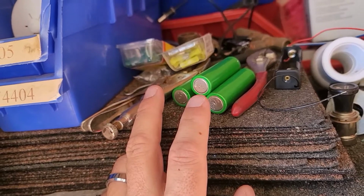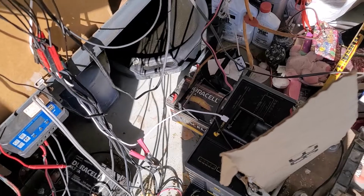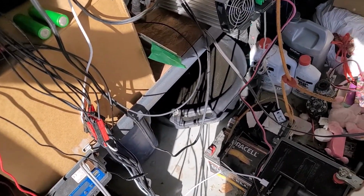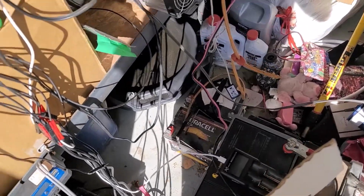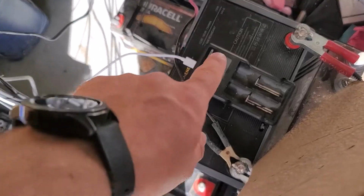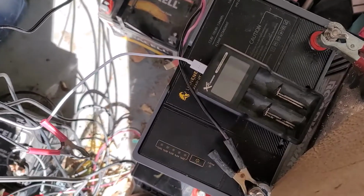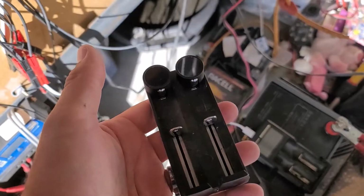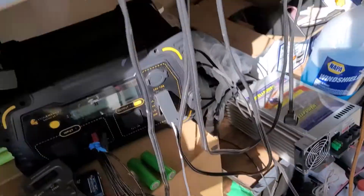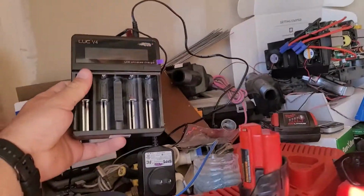They were all zeros. What I did, because the heater cells, you don't want them to heat up and have a thermal runaway and catch fire. That's the danger in these cells. You gotta kind of babysit them. So this battery charger right here is for 18650 cells. I had that one, I had this one. These 2 use a standard USB, like a phone charger. And then this one is my wall plug-in,